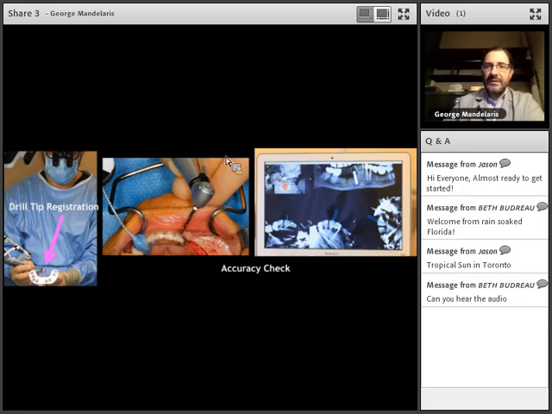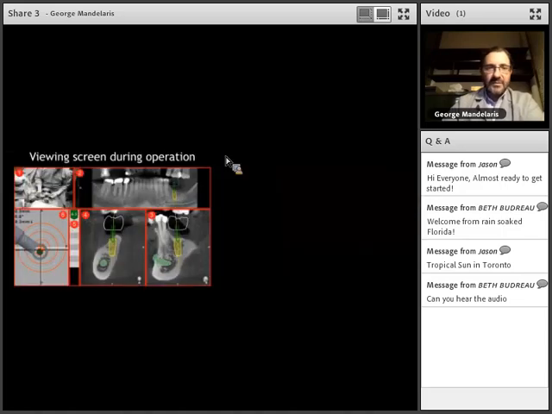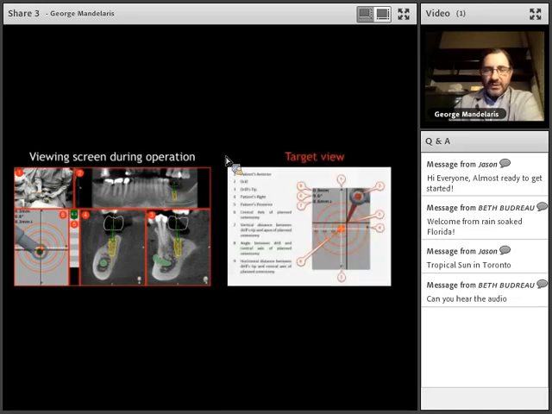I'm exactly where it looks clinically, so I'm confident that this accuracy is correct, and I'll move on now and do my osteotomy site preparation. This is the viewing screen that you see when you do your osteotomy site preparation, and then the target view, which is basically what you're looking at. This is what you're more or less engaging on to make sure that the entry point and the